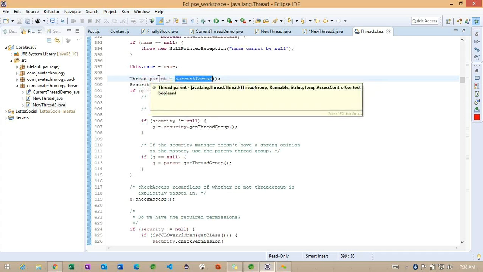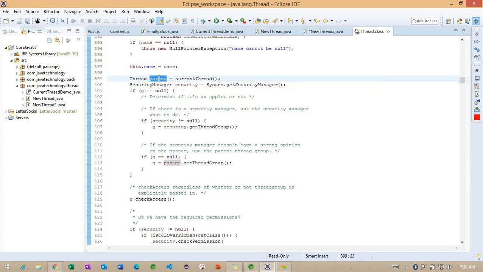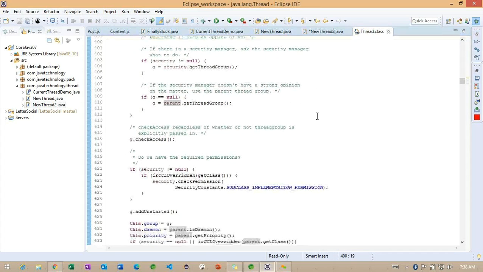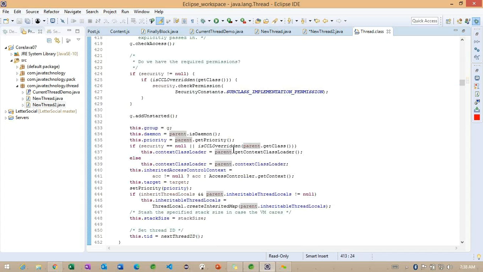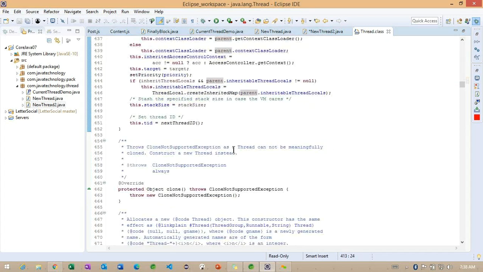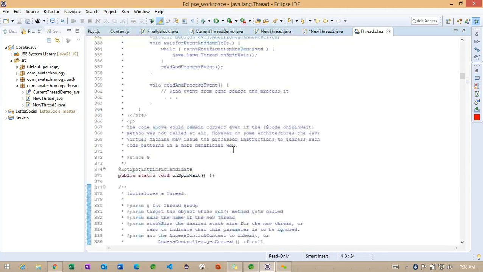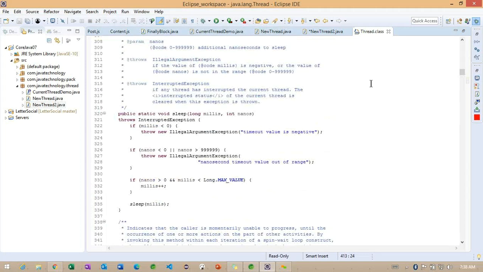Something called parent is nothing but our main thread. They do some security-related checks, and using this parent thread they get the thread group information and check some other operations. But make sure the calling is very important here: how exactly the constructors are called internally. Getting the point?